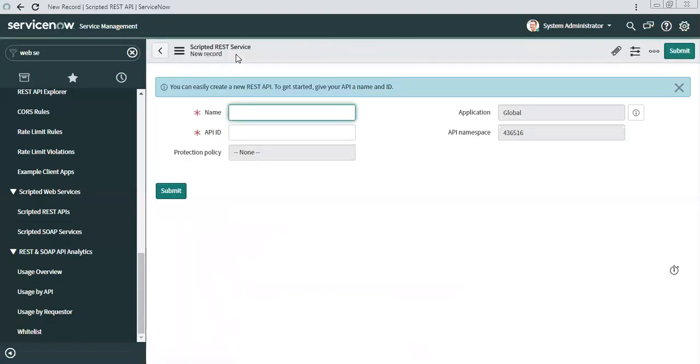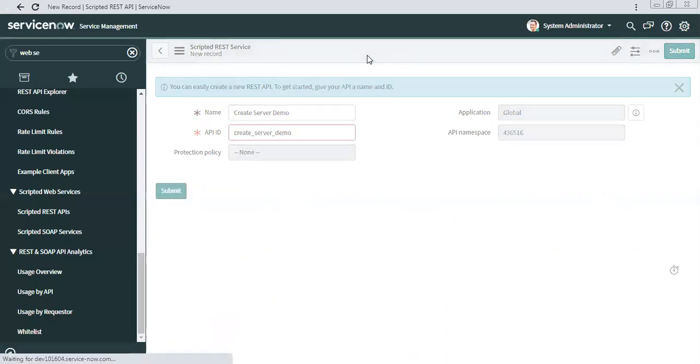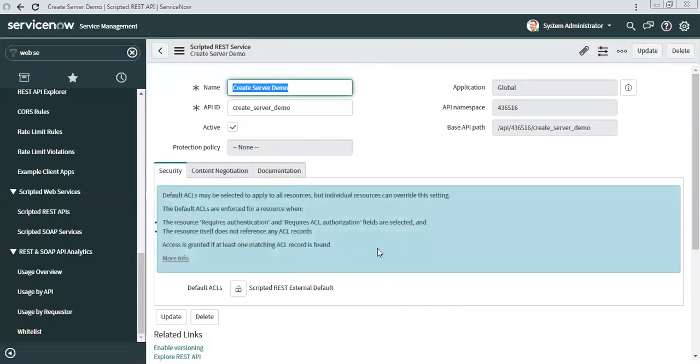Here, you first have to define the name of your API. So maybe I will say create server demo. As soon as you define the name, the API ID comes by default, and the namespace is something unique for each instance. And once you save it,